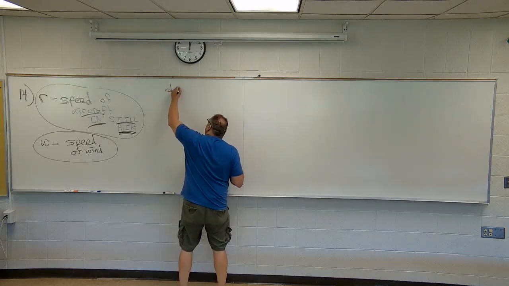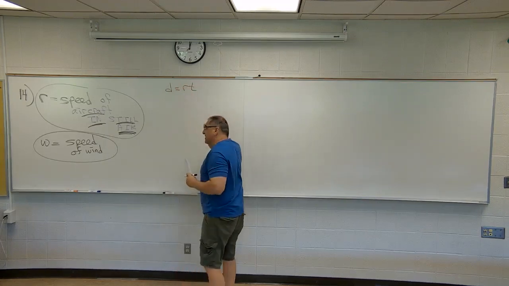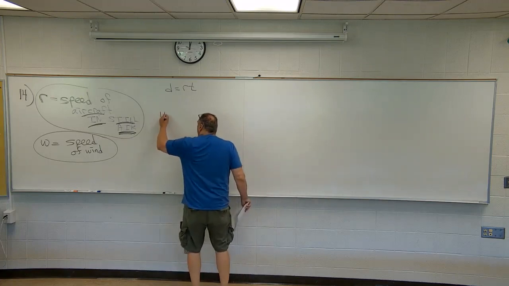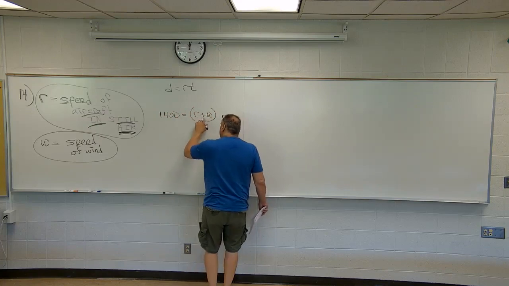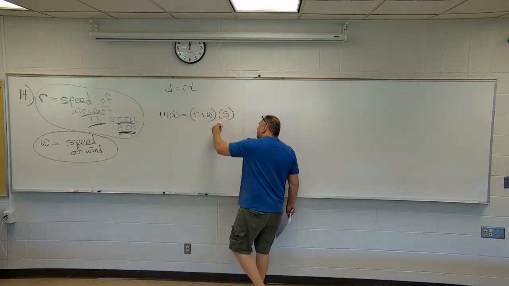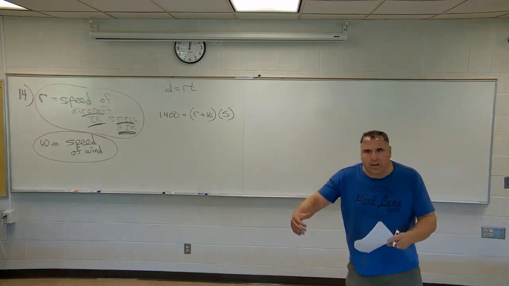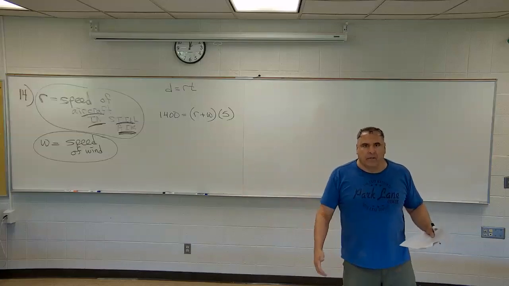The general formula we look at is D equals R times T, right? The rate of speed times time will give you the distance that's traveled, at least in this very basic generic sense that they're talking about. A certain aircraft can fly 1,400 miles with the wind in 5 hours. So it can go 1,400 miles. What does with the wind mean? It means still air plus wind put together times the time of 5 hours. The wind is carrying the airplane, and the airplane is also pushing against the wind that's carrying it. In plain English,